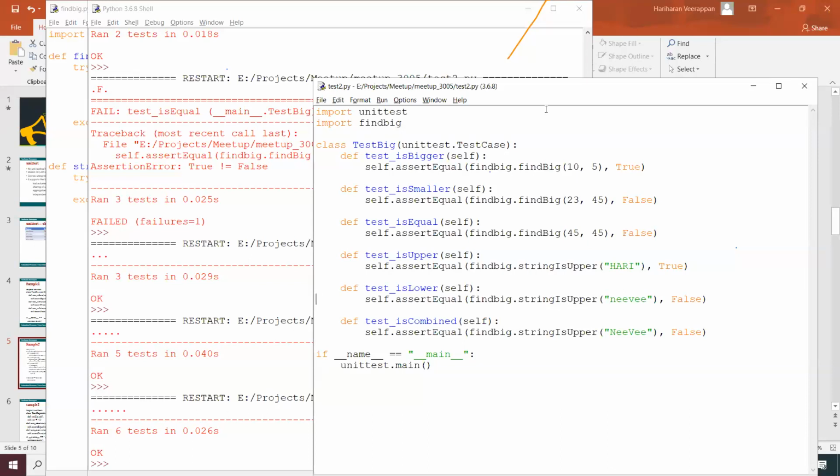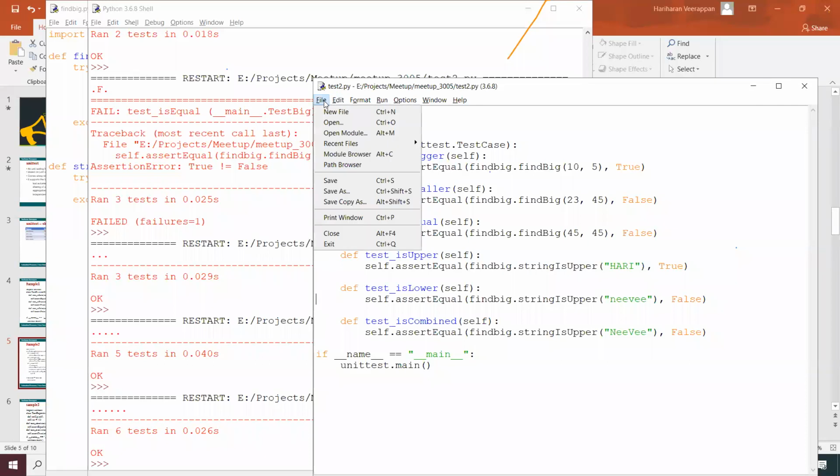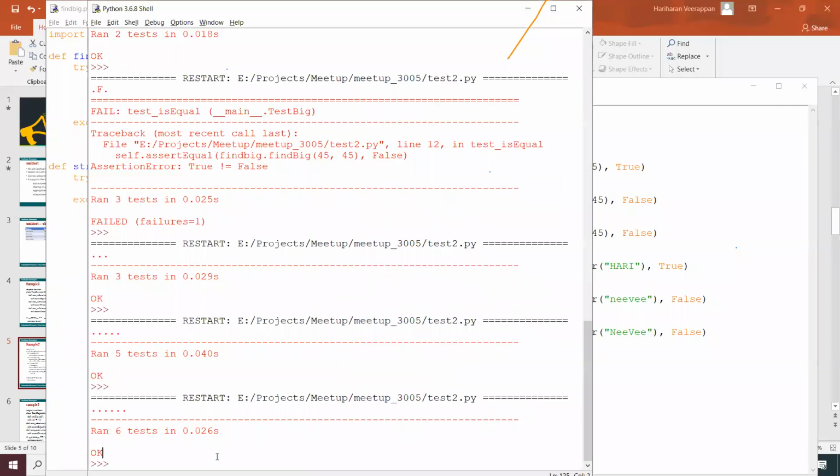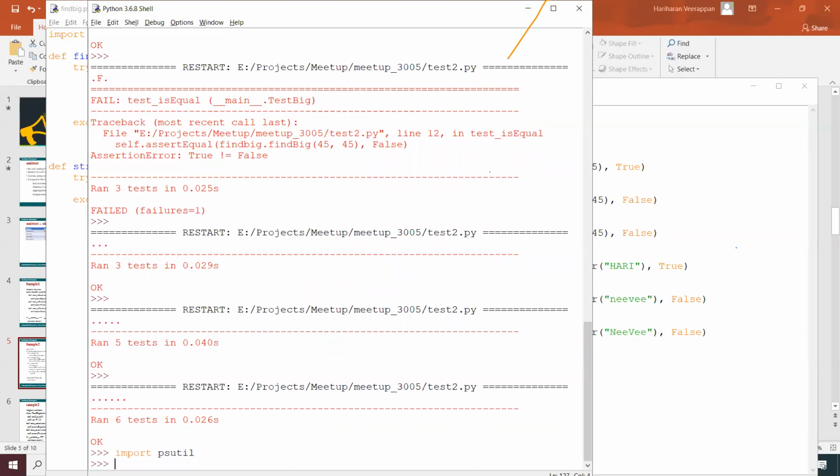Then maybe we can use other test cases. For example, we have psutil, another module. We can import psutil, which provides complete system information.